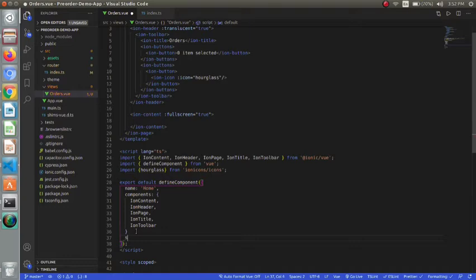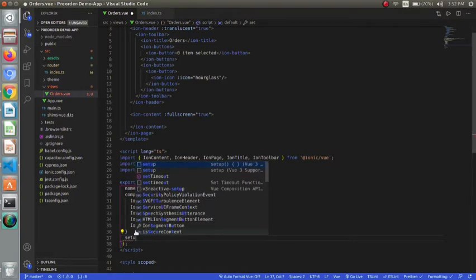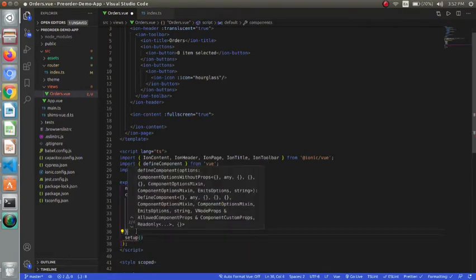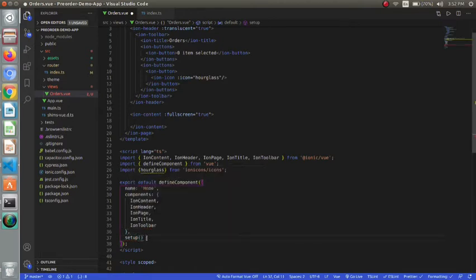Next thing is that we will return this icon in the setup method like this. This is the process for using every icon in Ionic.